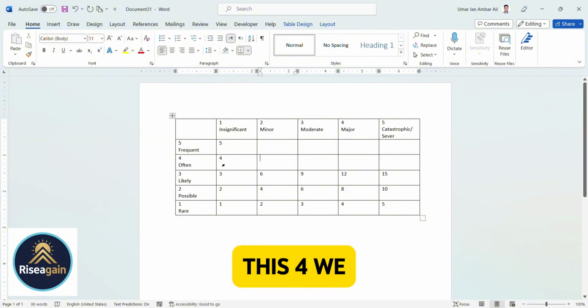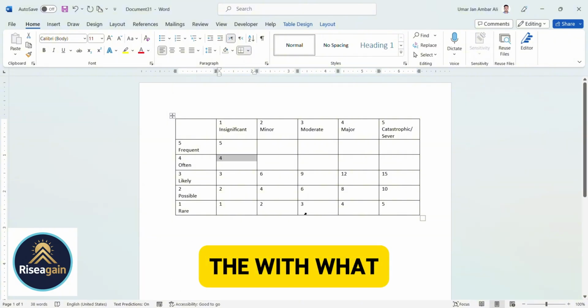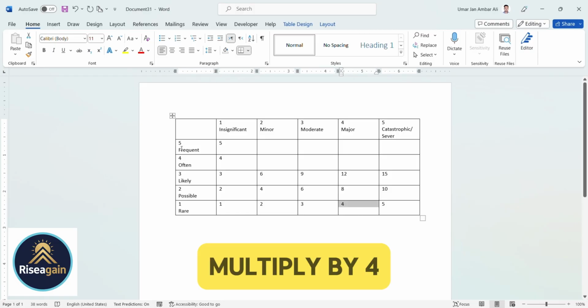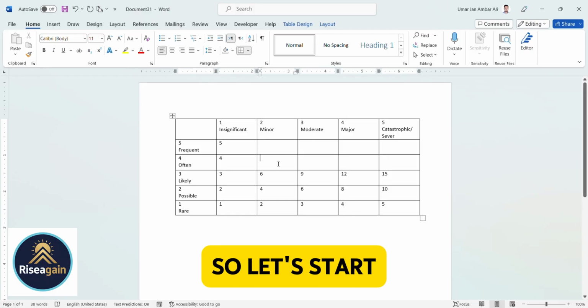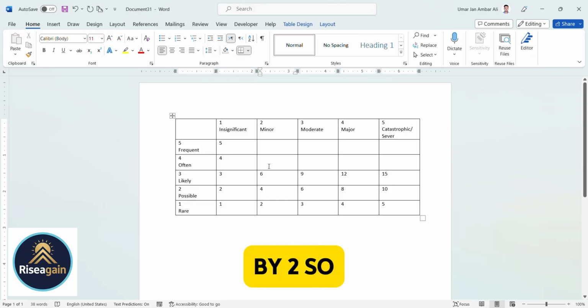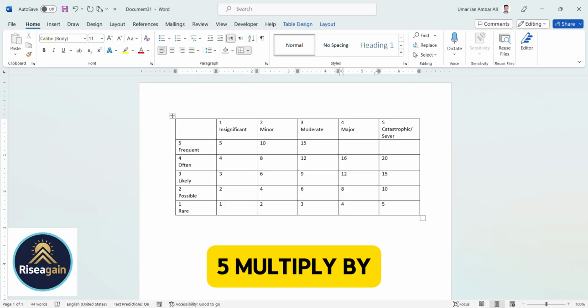Then again this 4, we will multiply with what? With 2. Sorry, multiply by 2. So we'll start the same. 4 multiplied by 1 is 4, 4 multiplied by 2 is 8, 4 multiplied by 3 is 12, 4 multiplied by 4 is 16, 4 multiplied by 5 is 20. Okay, so 5 again, 5 multiplied by 2 is 10, 5 multiplied by 3 is 15, 5 multiplied by 4 is 20, and 5 multiplied by 5 is